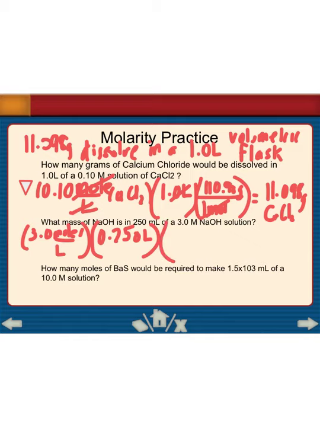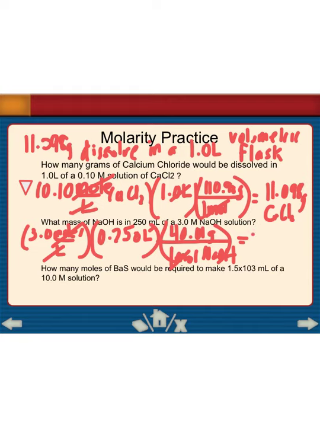And then we need to know the molar mass of sodium hydroxide. So 1 mole of sodium hydroxide is equal to 40.01 grams of sodium hydroxide. If you cancel the units, the liters cancel, the moles cancel, and you obtain a value of